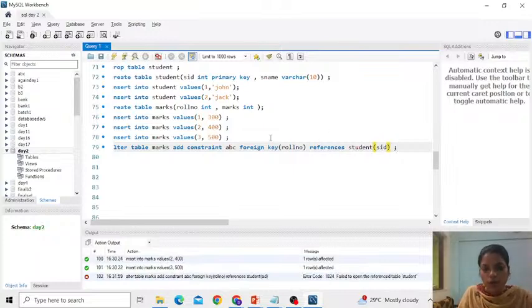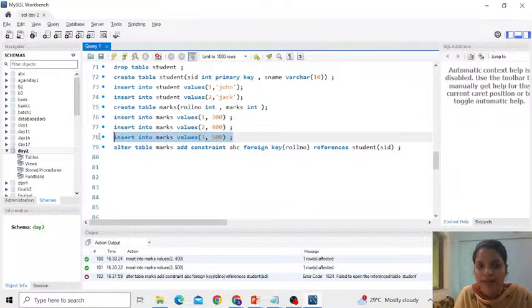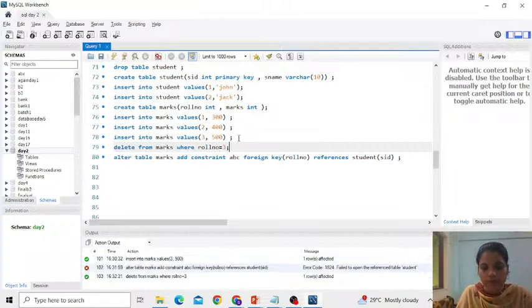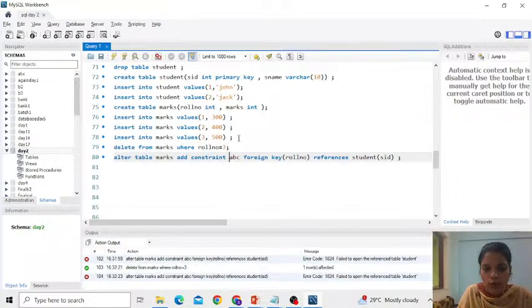Declare it. Okay, the problem is that this row is giving us an error, because if it tries to add a foreign key, it will not find roll number 3 anywhere. So let me delete this row from the table. Delete from marks where roll number is equal to 3. Now if you try to run the query,